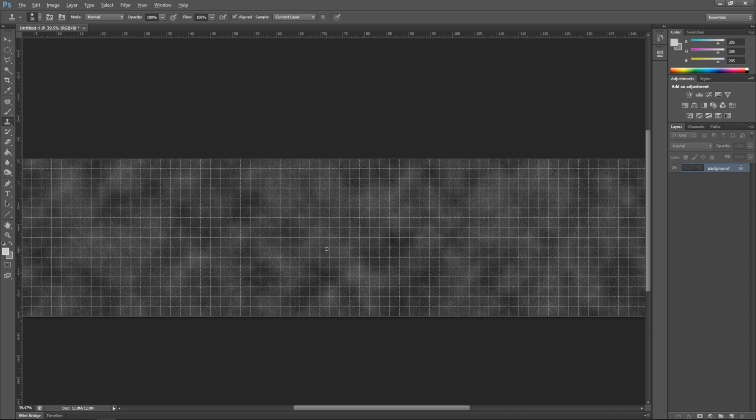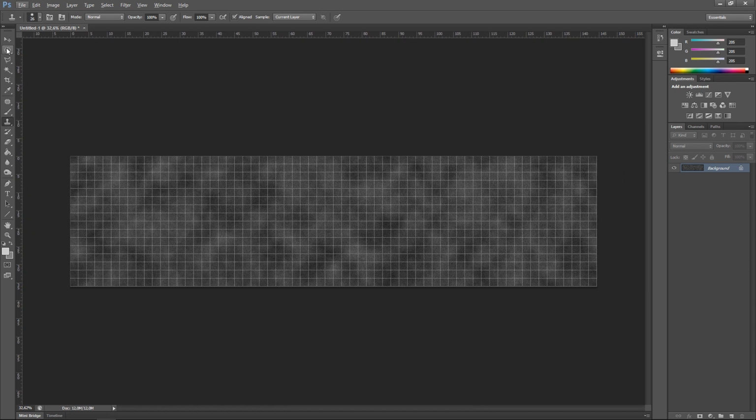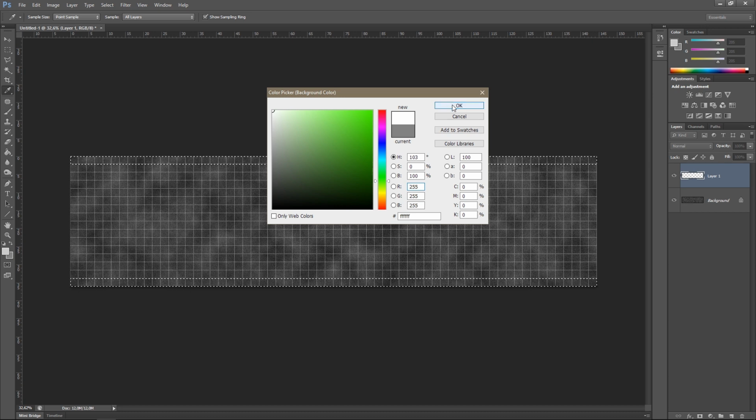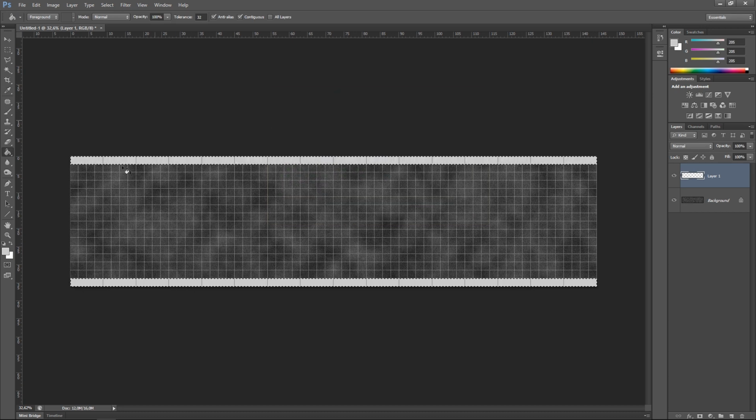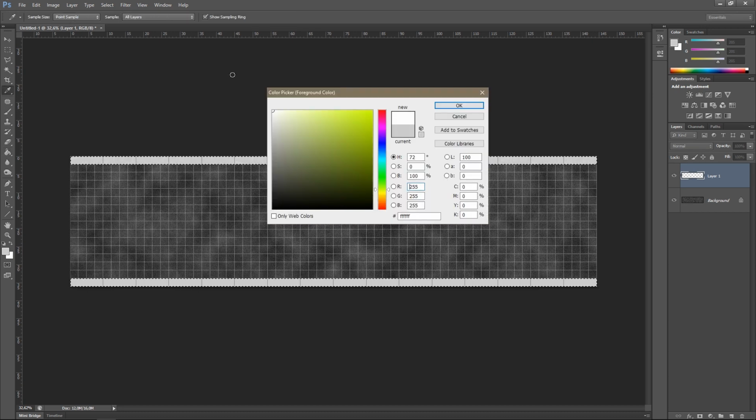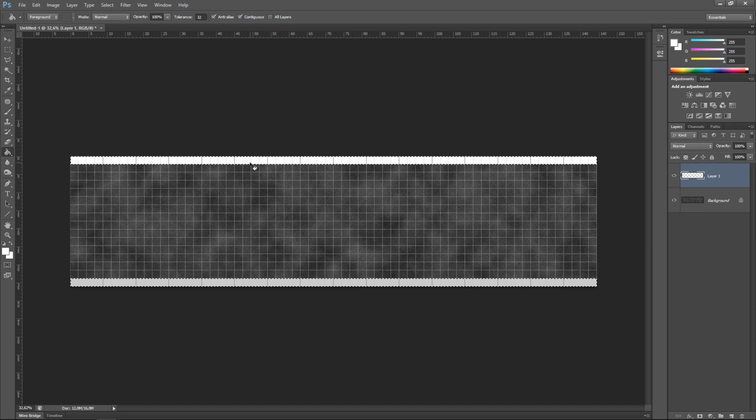For the sake of it, make a white line on top of it, because a racetrack is always prettier with white lines,